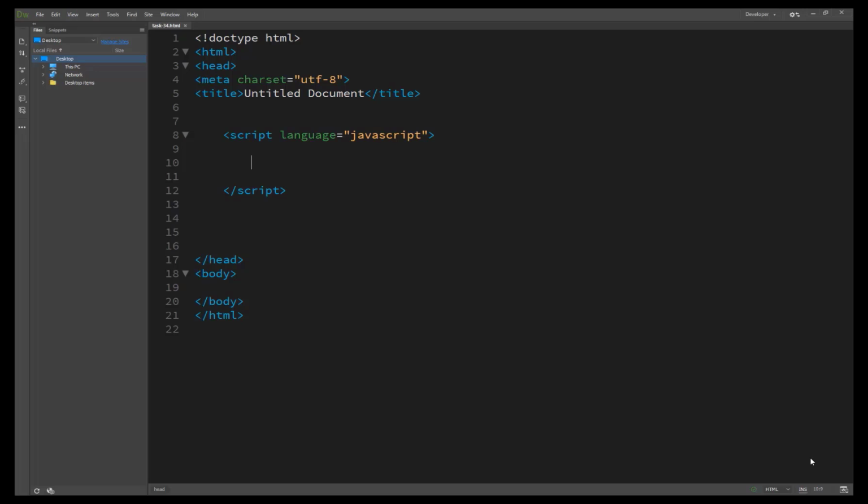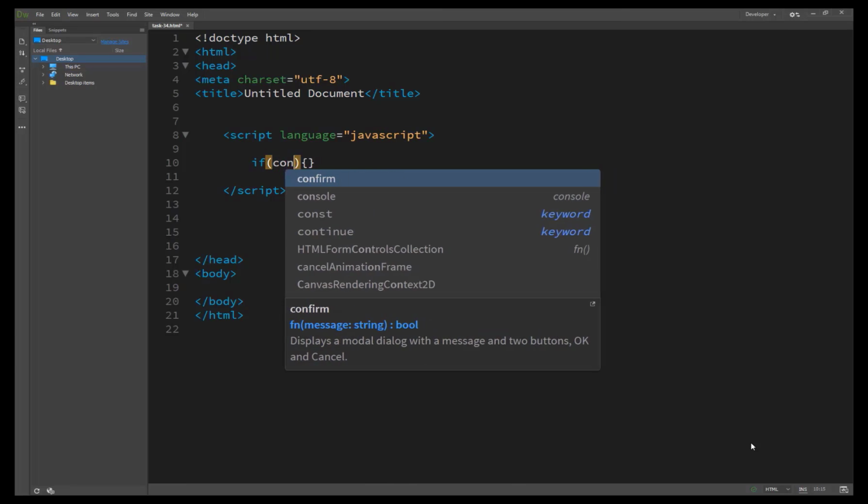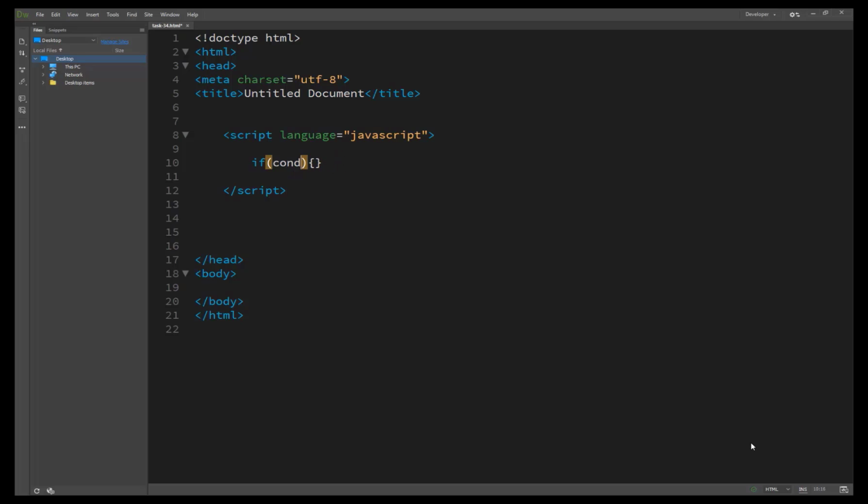So the condition we write here is like an if, we pass any condition, and then JavaScript code here. The condition is any expression or value that evaluates down to true or false.